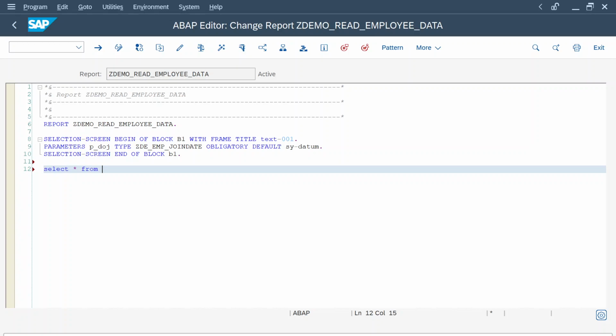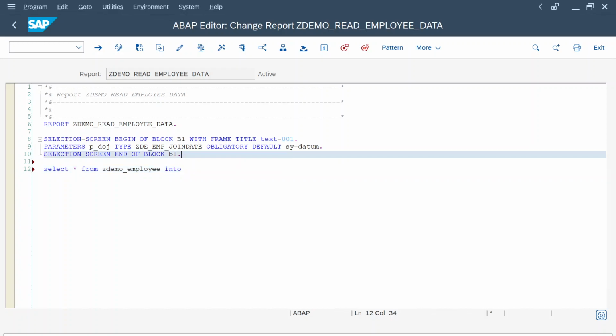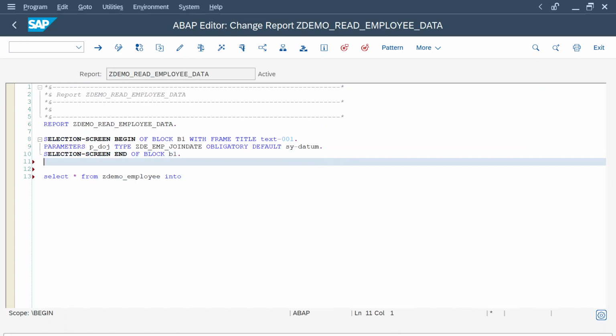Select star from table name into. Did we define the internal table? No, right? First define the internal table. What is the syntax to define the internal table? Data, IT or LT. We can use some meaningful name for the internal table. Type standard table of